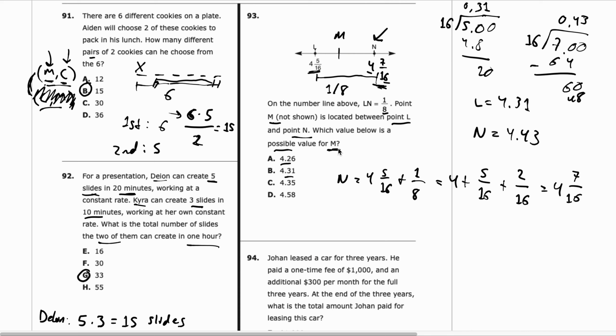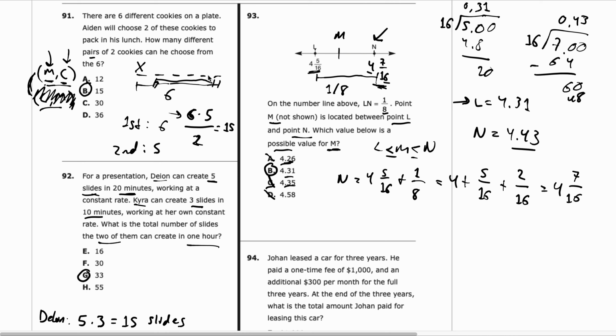So we know that M is between L and N. So 4.26 is less than L, so that wouldn't work. 4.35 is greater than N, right? So that wouldn't work. 4.58 is also greater. So 4.31, that is between, I guess,